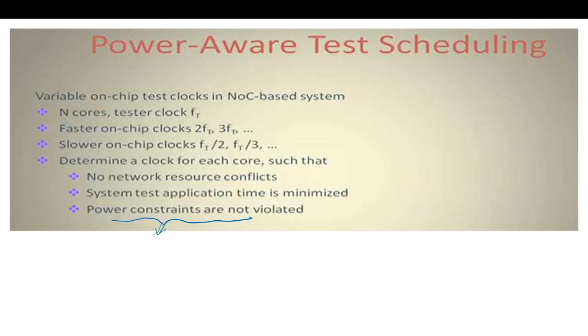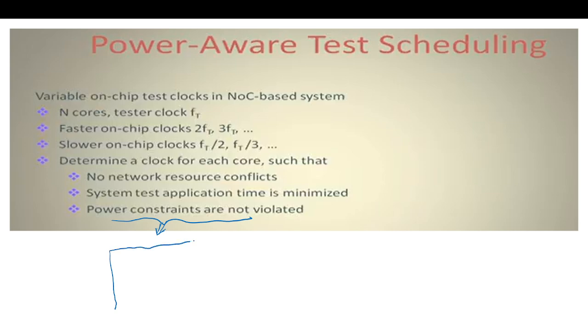This we have already seen, and we will discuss it again. With the IO, it also has to choose the clock such that it is not putting all the traffic, without violating the power and without getting any traffic